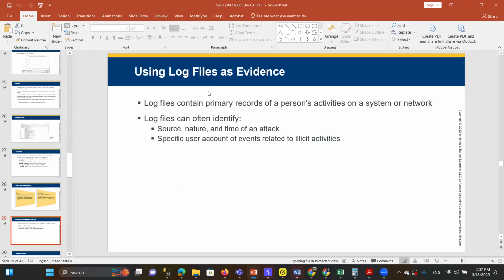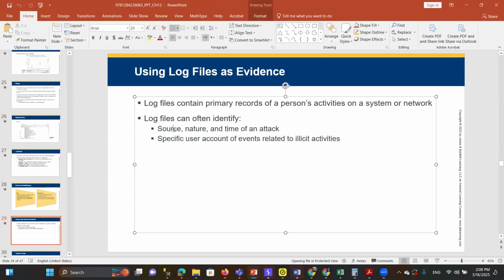Using log files as evidence: log files contain primary records of a person's activities on a network or a system. Log files can often identify the source, nature, and time of an attack, specific user accounts or events related to illicit activity. Imagine this, imagine that somebody logged into our network in the middle of the night, outside of the